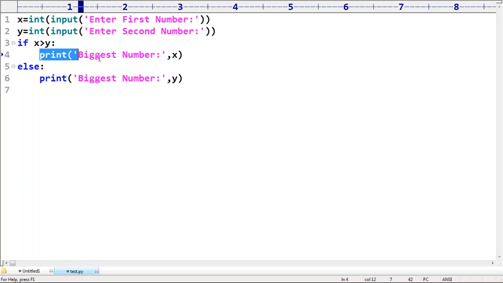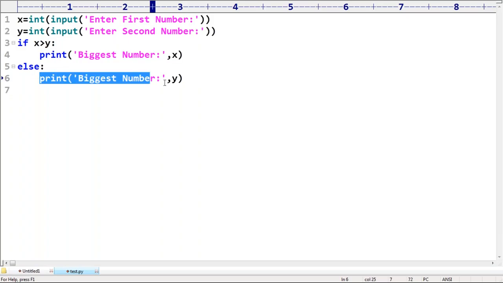Have you identified that this print statement is under the if block? Why, sir? Have you observed the one word I used: indentation. Does anyone remember indentation? Indentation is very important. Under if this is the statement, under else this is the statement. If I use one more statement here,